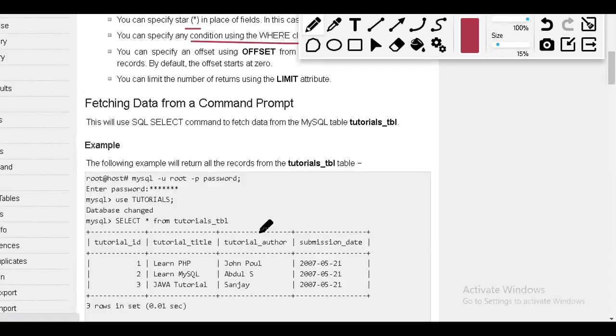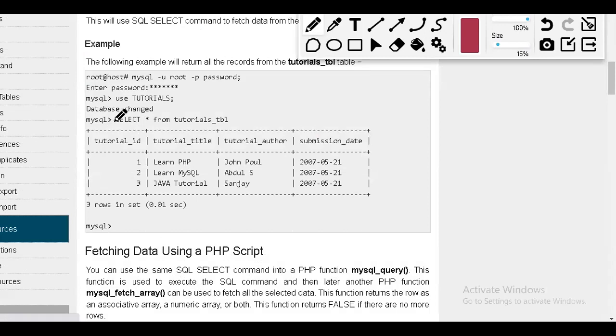If you see, this is another table called tutorial table. Here there is something called asterisk, or we call it the star mark. When I'm using that, it is going to display the three records. The status shows that I have three records in my particular table, and I'm not mentioning any particular column. So whatever columns are available, it is going to display the entire set of columns. Let's see.